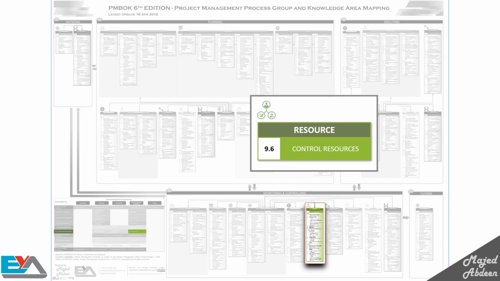For instance, in a construction project, I will use 3 trucks. For the first month, I need all of them, and for the following month, I need only 1. Or maybe I need to move 2 trucks to a different location.